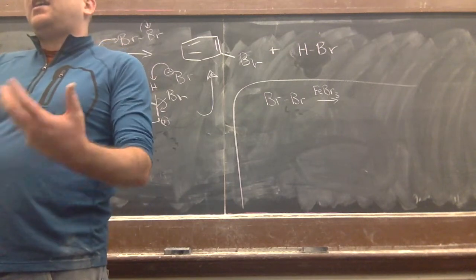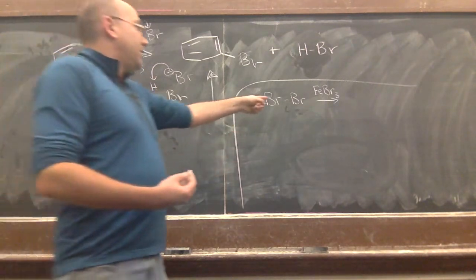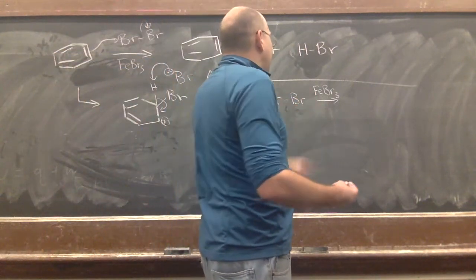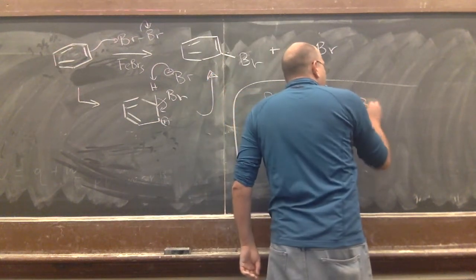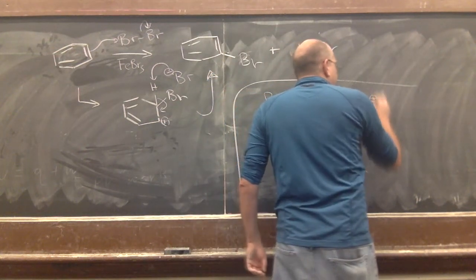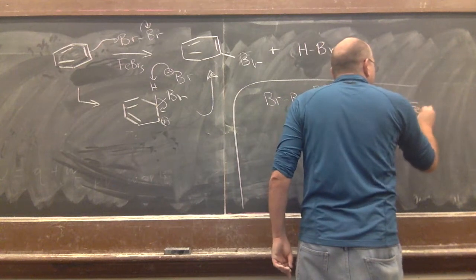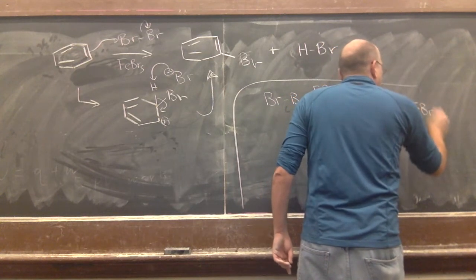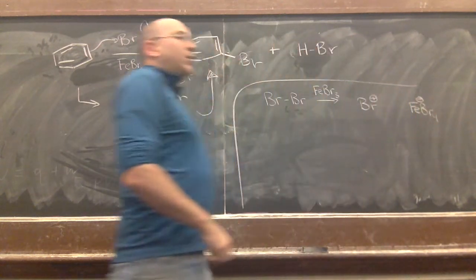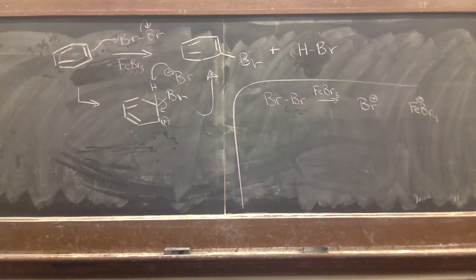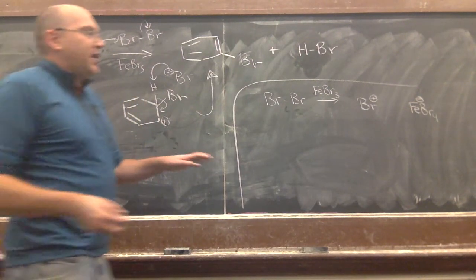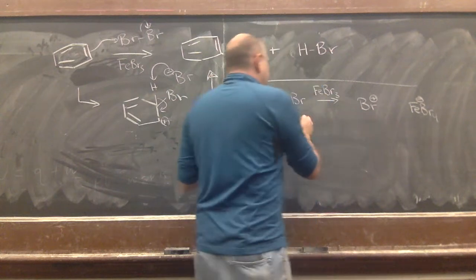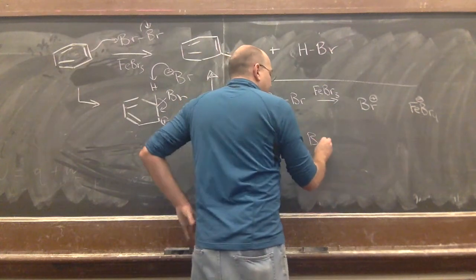It can, in fact, take on the bromine and coordinate to there. But usually what we often like to think about is sort of an extreme example, where we have really a Br plus and an FeBr minus. It's not exactly like this. It's something sort of in between where